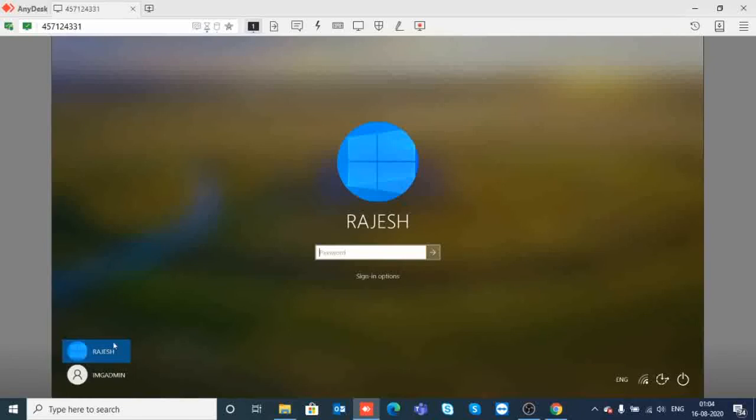I have just two users, Rajesh and IMG admin, that I created on my workgroup machine. If your machine has no domain access, then the other user option will come, and at that time you can switch users. Now I'll give the password for this machine, and we can log in.